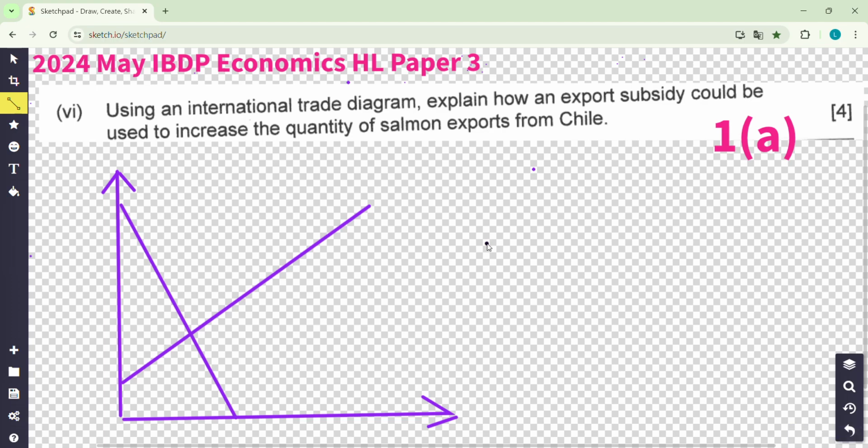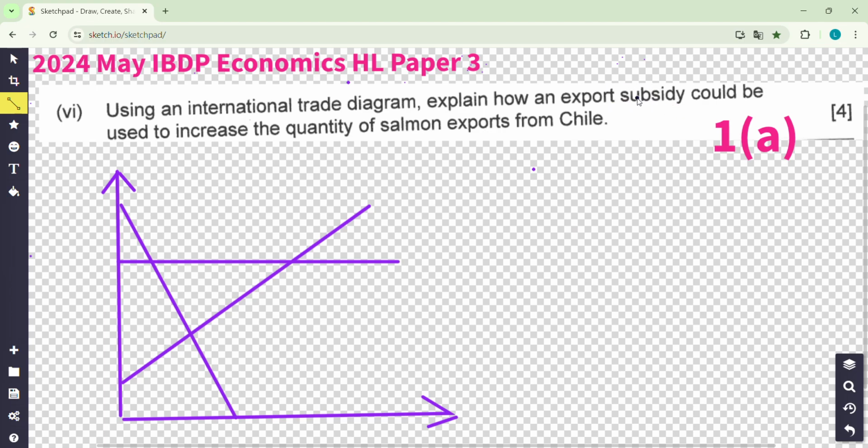And what is an international trade diagram? They have a special supply curve by the world, where the price is constant. So we have a supply curve, a straight supply curve that is horizontal. And then the question is about